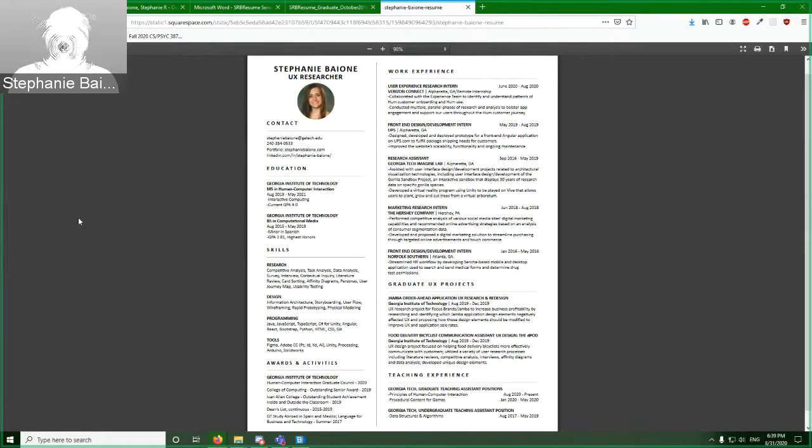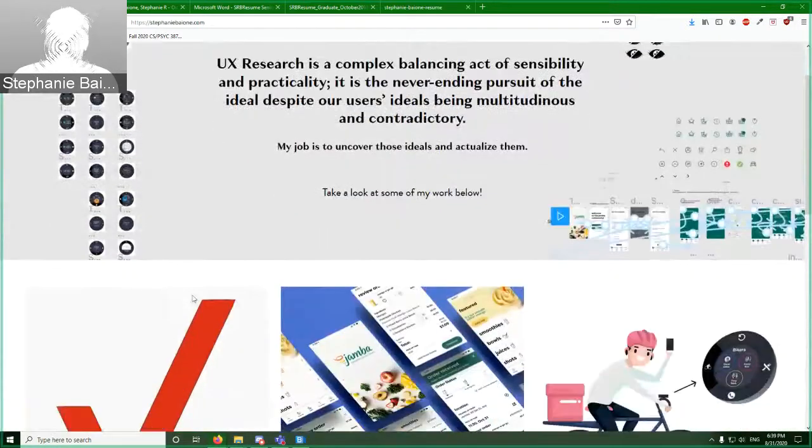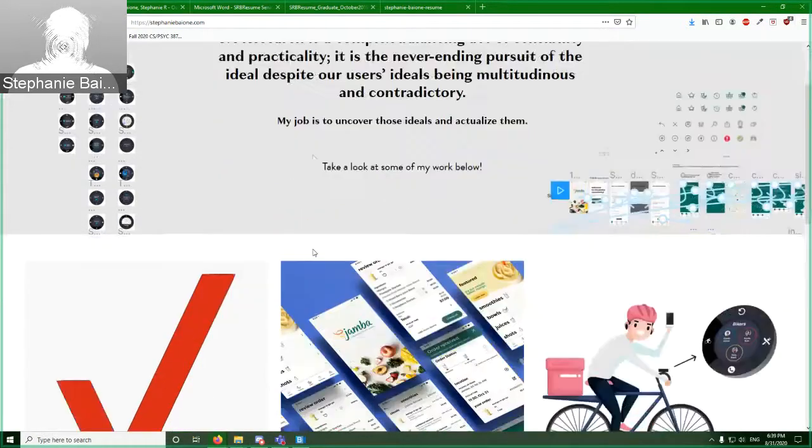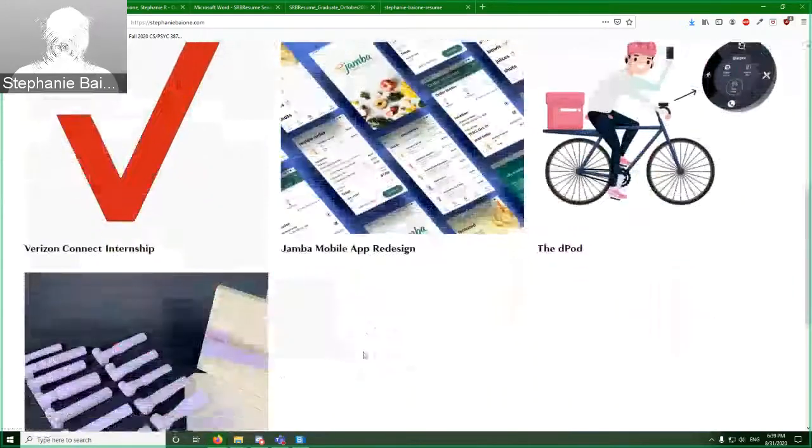I can also briefly show you guys my portfolio, which again is UX research focused because I want to be a researcher. This is Squarespace. You can use Wix or Squarespace or anything else, but making a portfolio is a lot of work. So depending on what you want to focus your portfolio on,